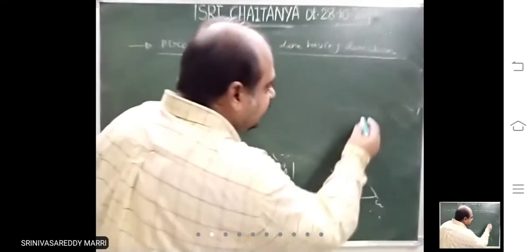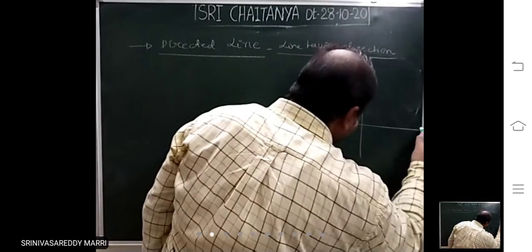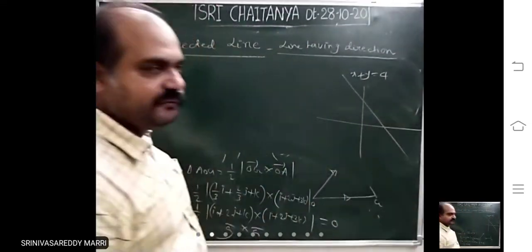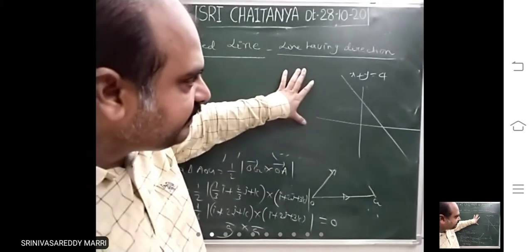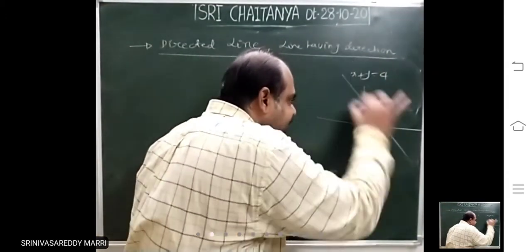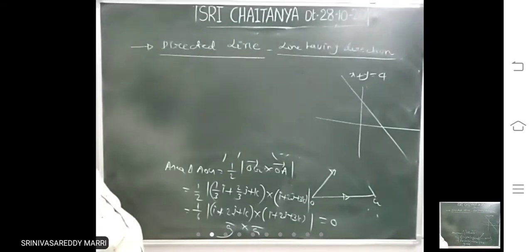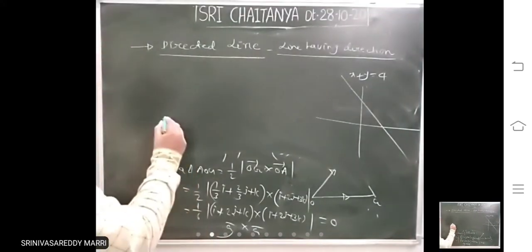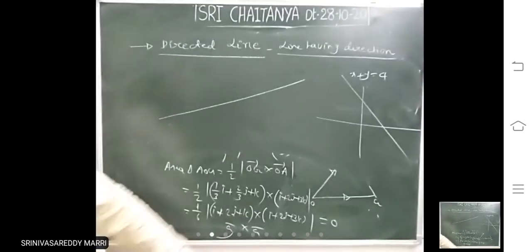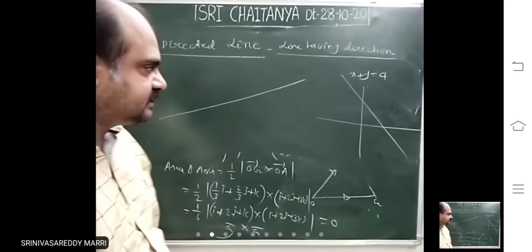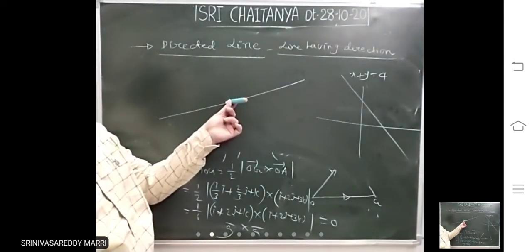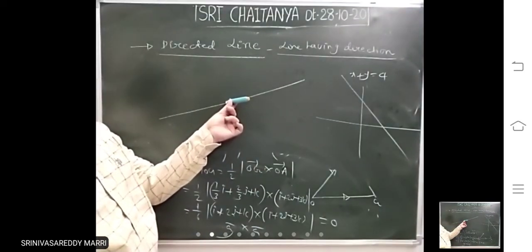Till now, the lines we have seen are in the XY plane only. Suppose a line x plus y equals 4. In the XY plane, the line will be only on your paper, whatever you have drawn. But a line in 3-dimensional geometry won't be on your paper. Suppose the line is like this: keep the pen inclined to your paper. Then it won't be in the XY plane.